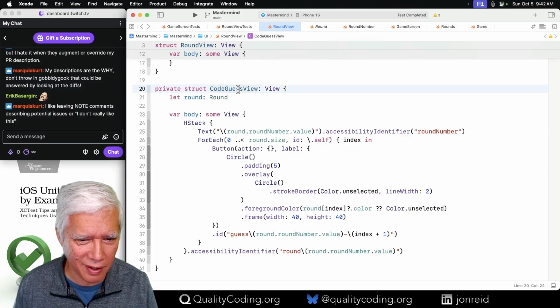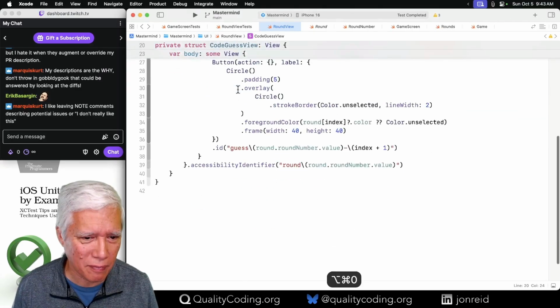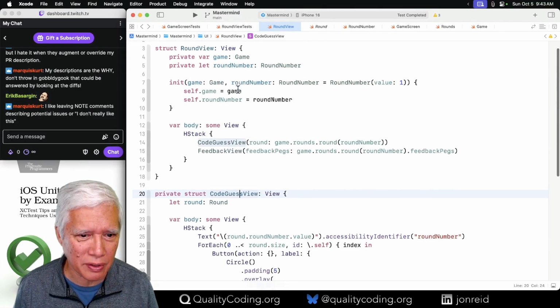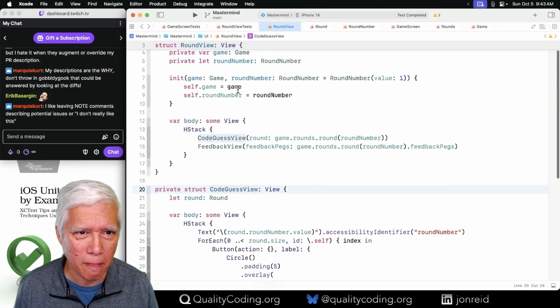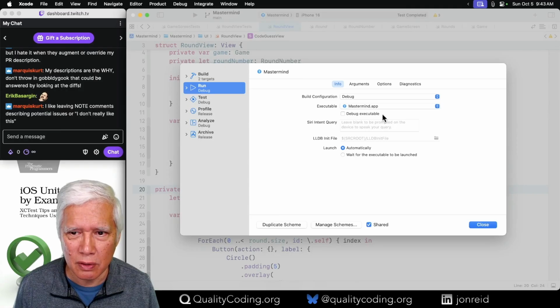Wait, it's hard to know. Is there a way to, let's see, I don't have a preview on this. But if I switch to turn on debugging for run real quick,